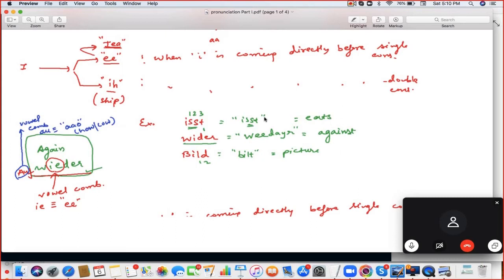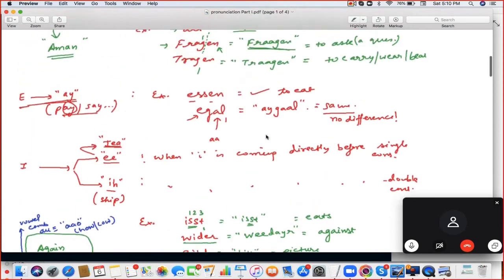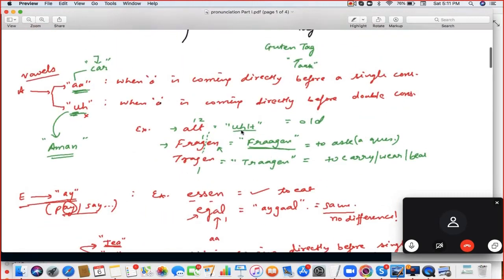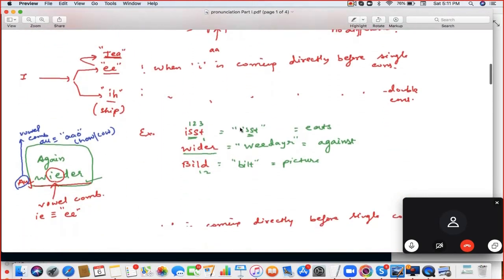If you see, this red is the example. Extreme right is the meaning. In the middle, I have written the sound in double quotes. This is not the word. This is just a sound which I have expressed using some letters of English. After the class you might forget this, so you can just look at the middle column. You will be able to retain what we had done, like built, weeder. In the above example also you can see egal. I've written like this. Then tragen, fragen, alt, like this.